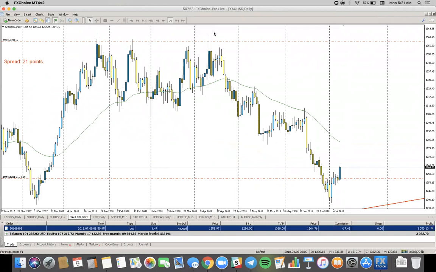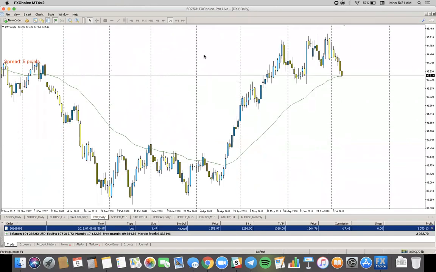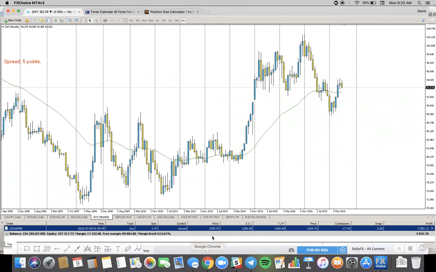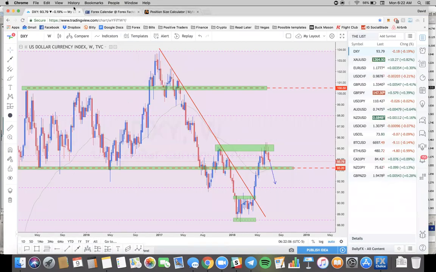So just to show you guys live trades, I'm very confident in the dollar index falling. The dollar index looks so nice on the weekly. Very, very nice bearish engulfing candle coming. So yeah, guys, if I just flick back over to